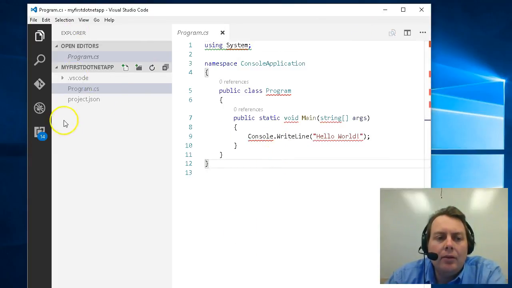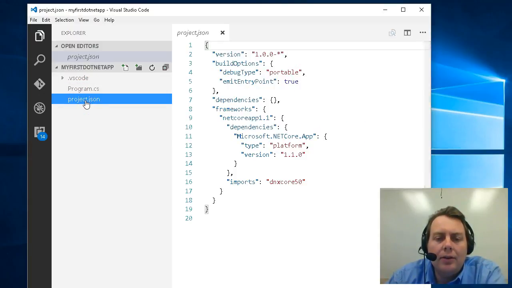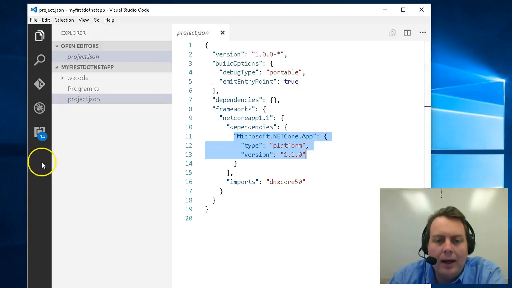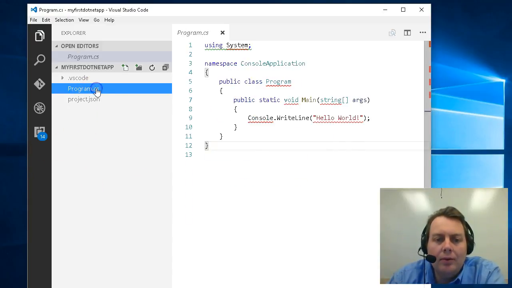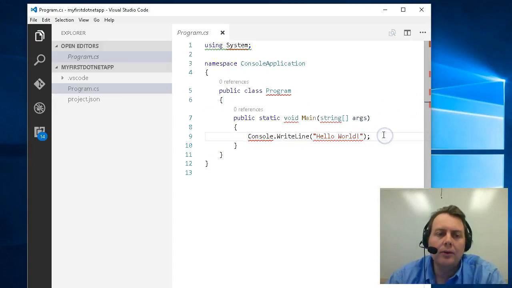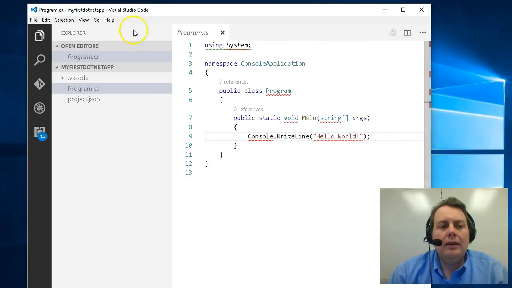Now you'll notice that right out the gate, you've got this program.cs and project.json. The project.json is listing out the dependencies. Right now, the only dependency we have is the Microsoft.NETCore.App version 1.1.0. And in program.cs, we just have a simple line that writes to the console and says hello world. Now to run this app,